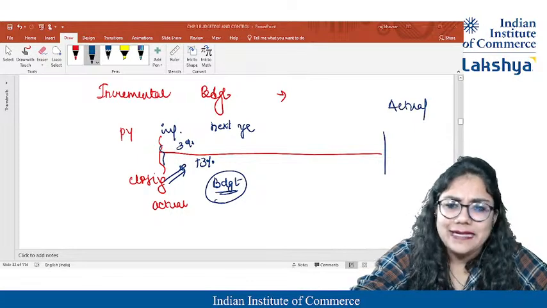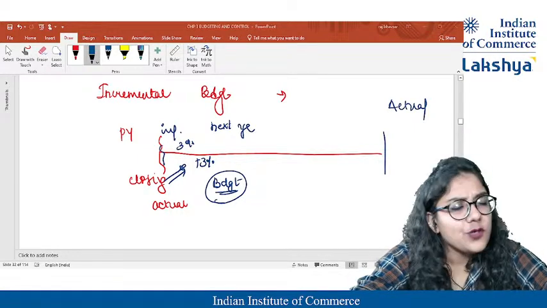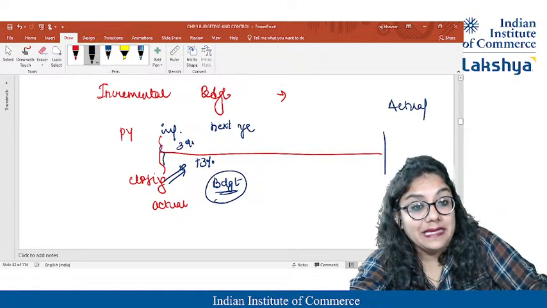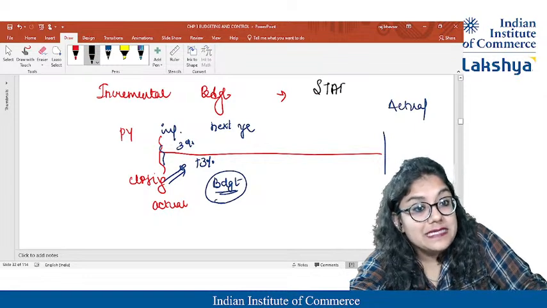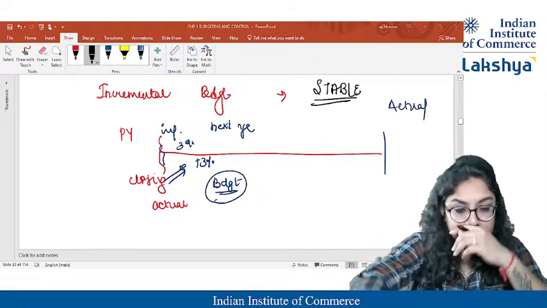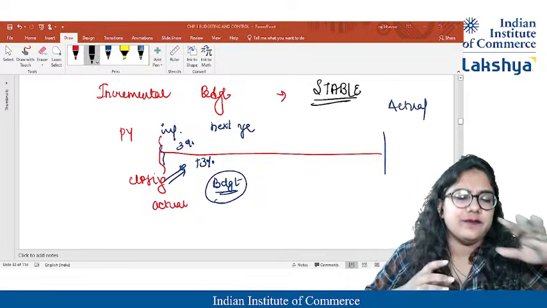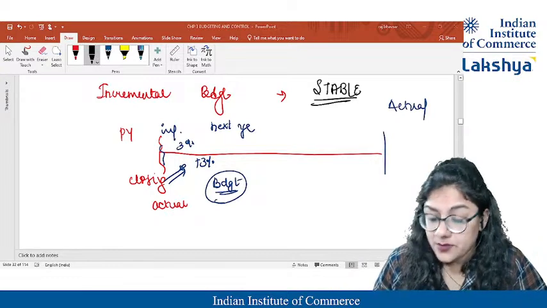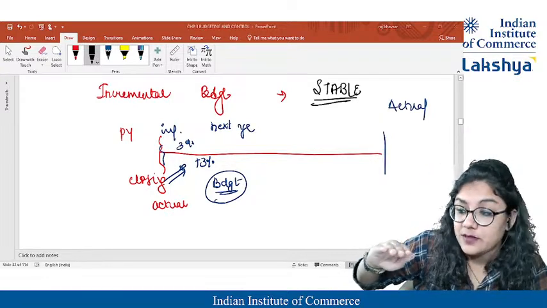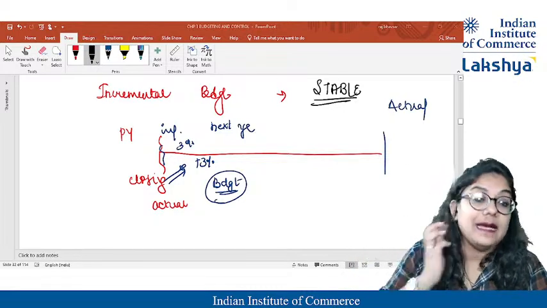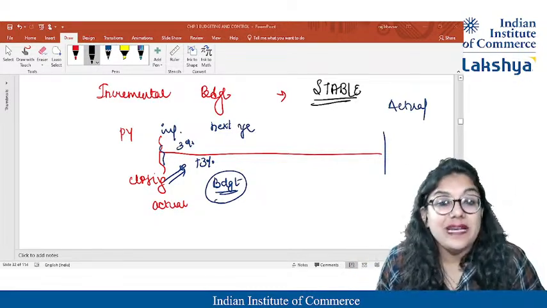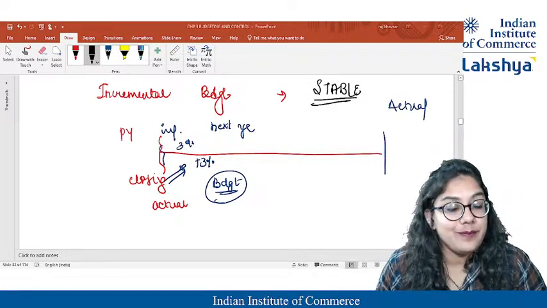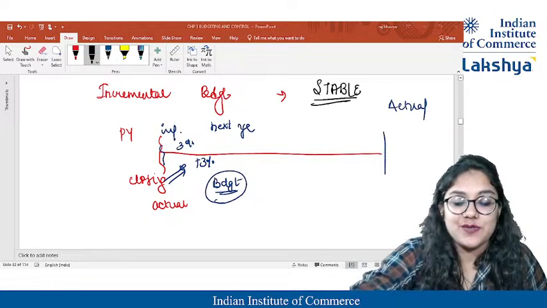If I'm adding directly in incremental budget, is it always perfect? Guys, please keep in mind that incremental budget is better for a stable business. If things are going with the flow, then it's okay. But when it is an unstable business, today it is 1 lakh units output sales, tomorrow it can be 10 lakhs, and the day after tomorrow it can be 2 lakhs. So when it is very unstable, incremental budgeting will not serve the purpose of budgeting only. So let's just read it.